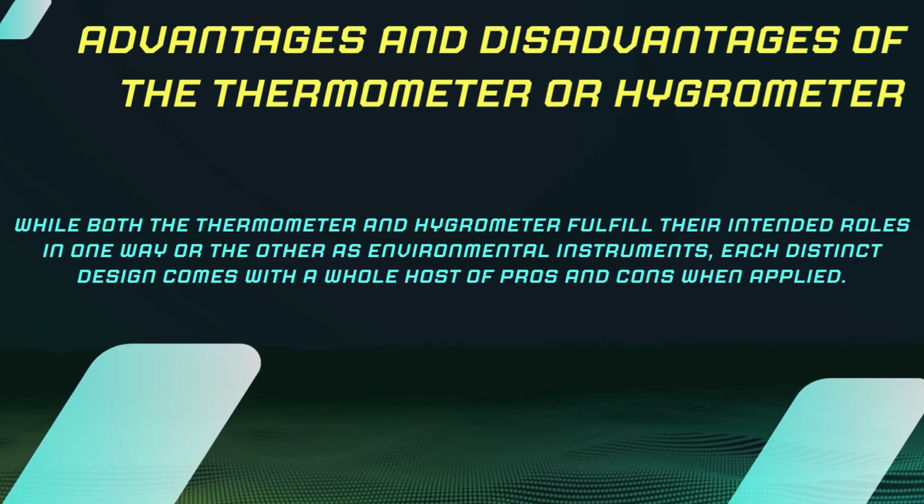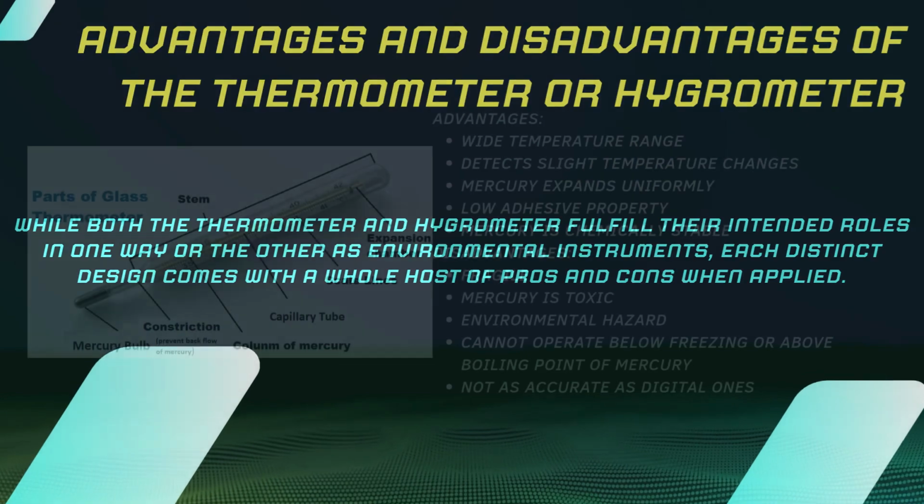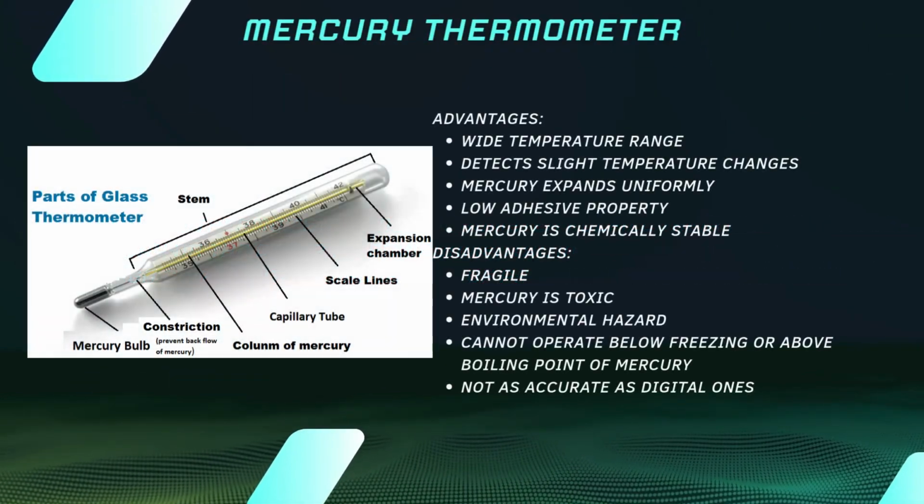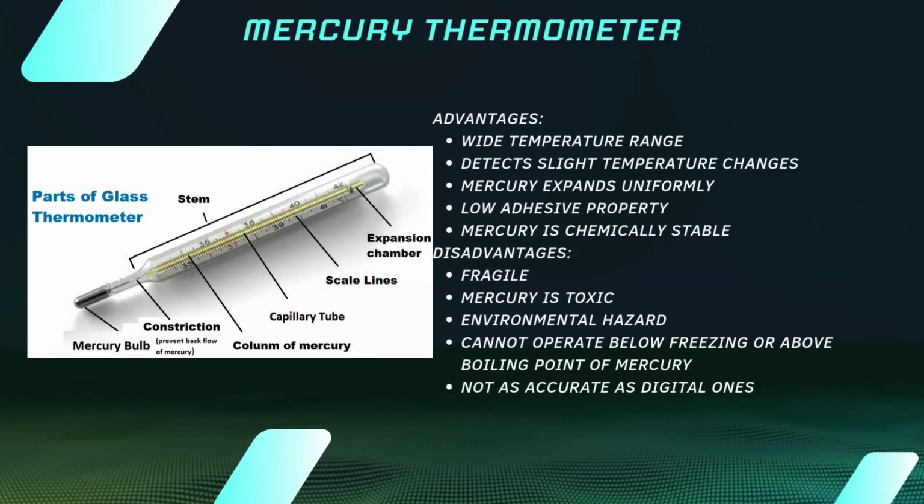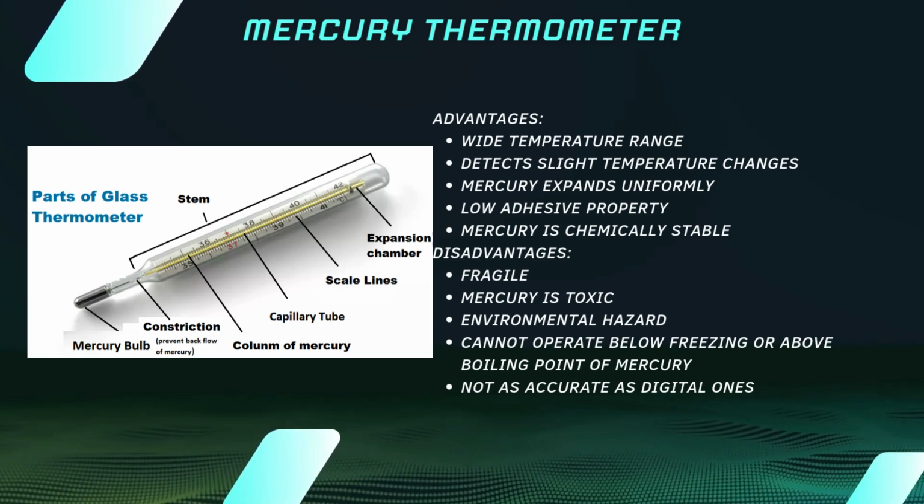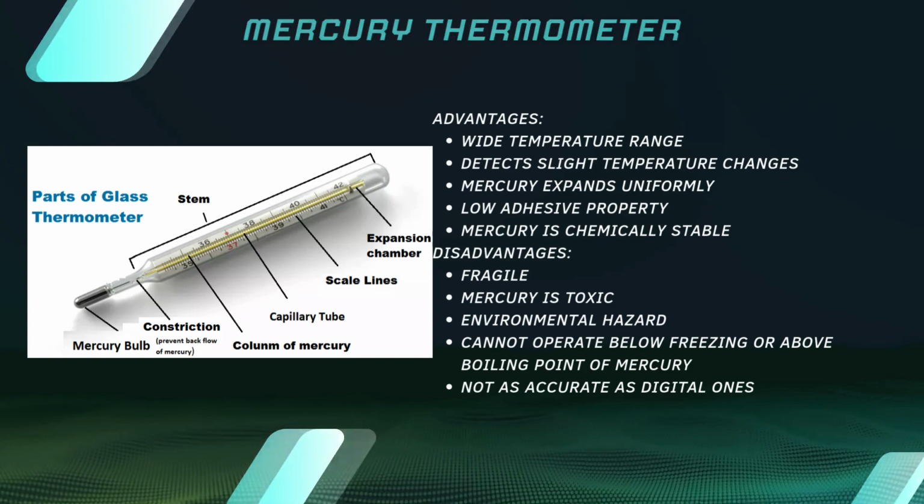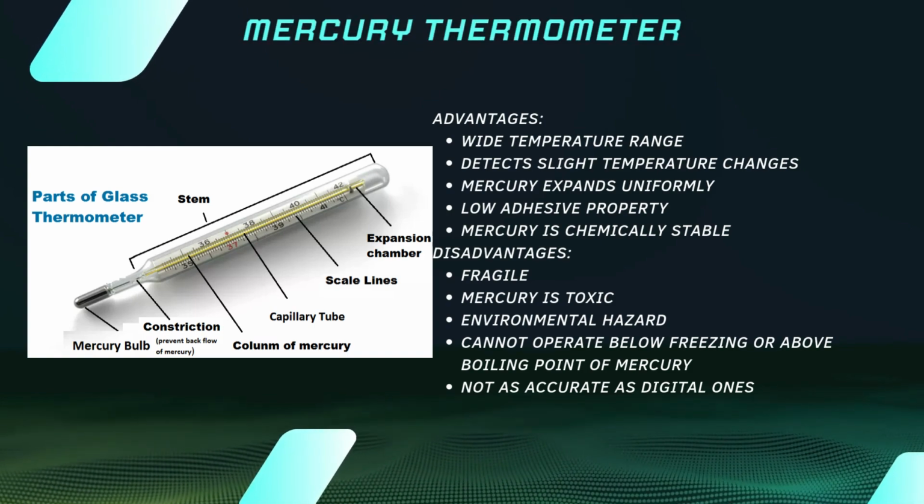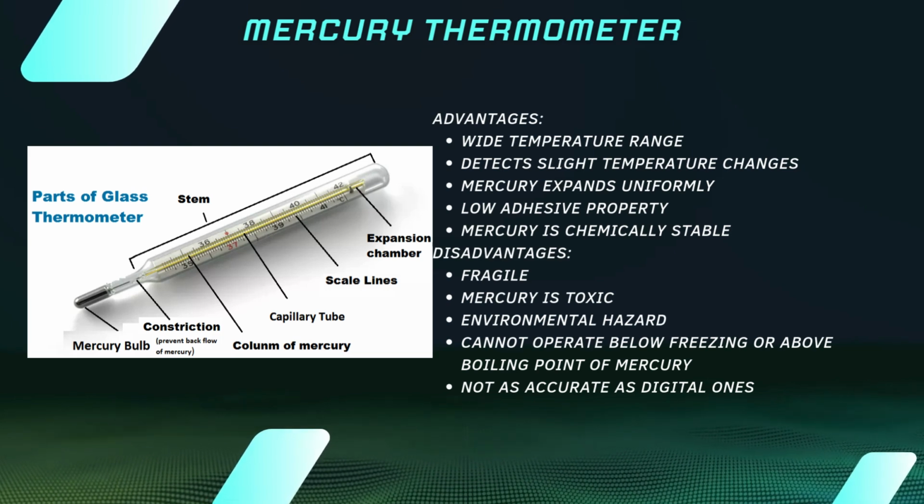While both the thermometer and hygrometer fulfill their intended roles in one way or the other as environmental instruments, each distinct design comes with a whole host of pros and cons when applied. The mercury thermometer comes with many advantages. It can measure a wide temperature range without changing into different states of matter. The thermometer can detect the slightest fluctuations in temperature in its surroundings, and the readings will change to detect the